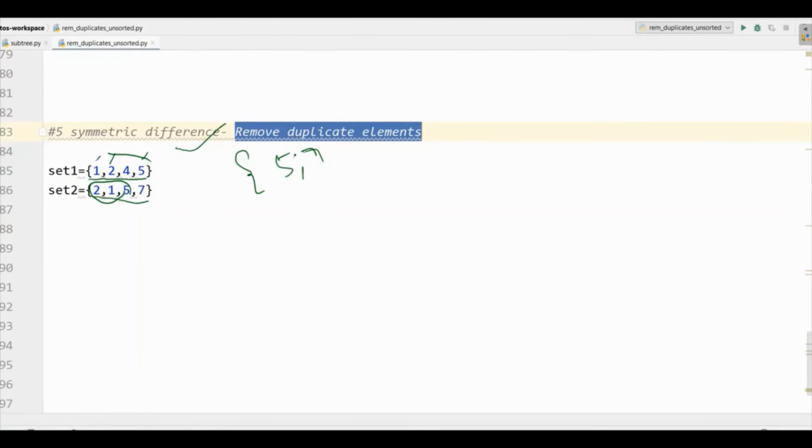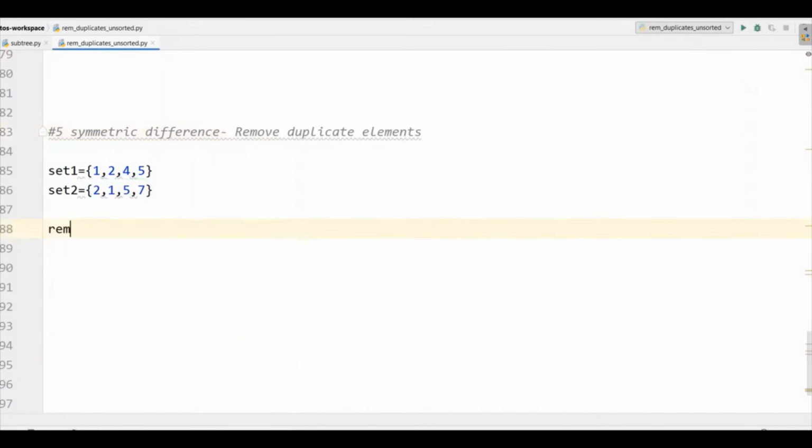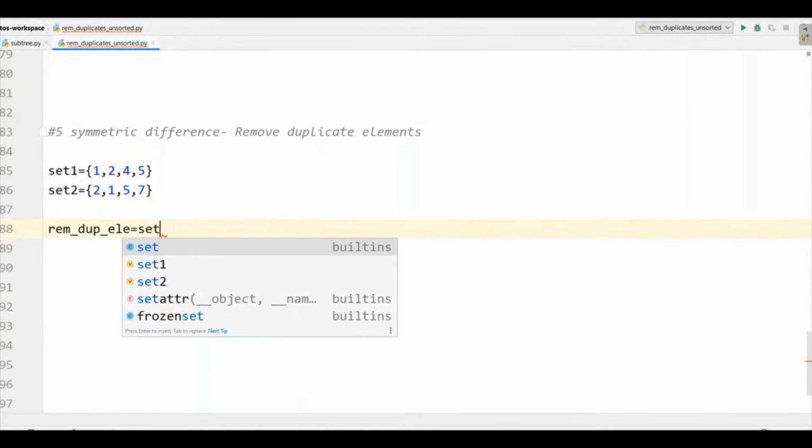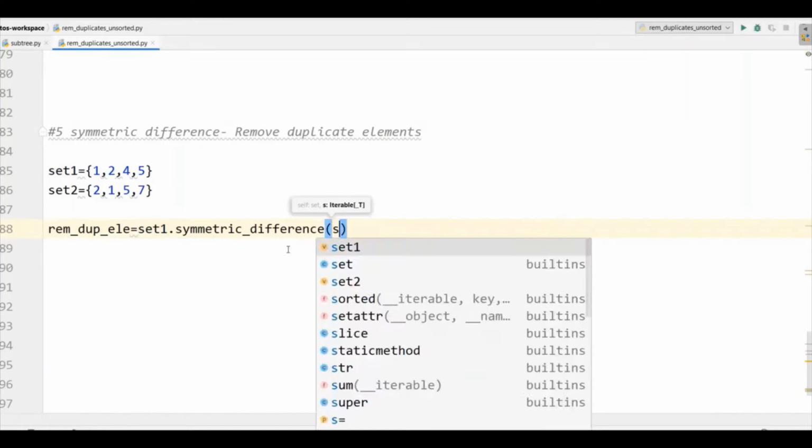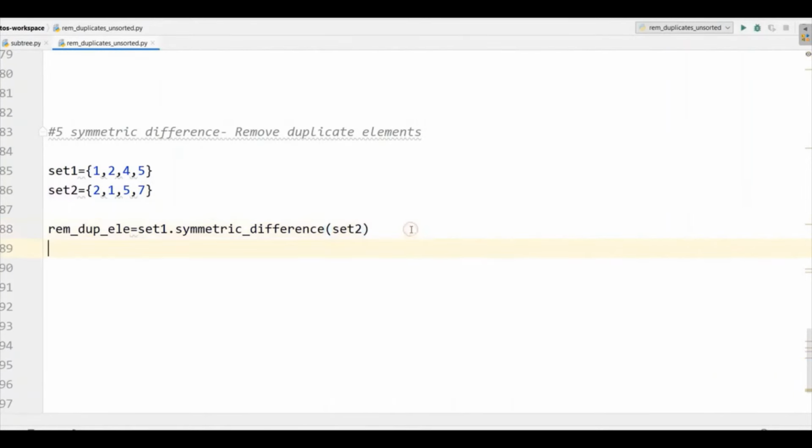Now let's implement this. I'll write remove dup underscore elements, for elements, and here set1 dot symmetric difference. As you can see, this is our inbuilt function, and here I'll give set2. Then we need to print this variable.